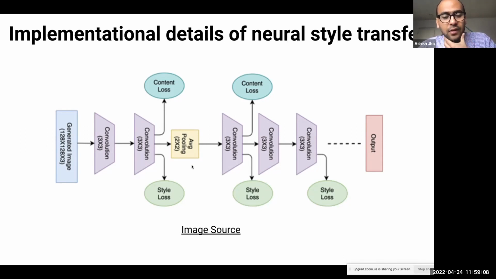The second novel feature of this mechanism is we are not going to update parameters of the model at all. What we are going to update is the pixels of this image, because that's what we want to do. We want to go from some initial image that we want to generate, and we want to reach an artistic representation of Taj Mahal. So the image itself is going to be tuned and not the parameters of the model.